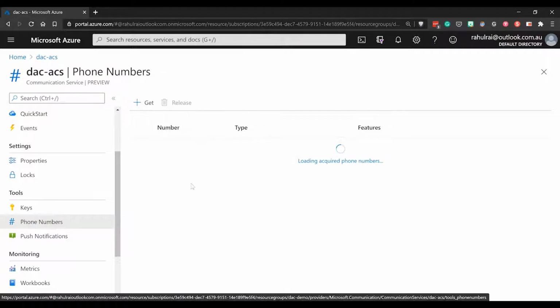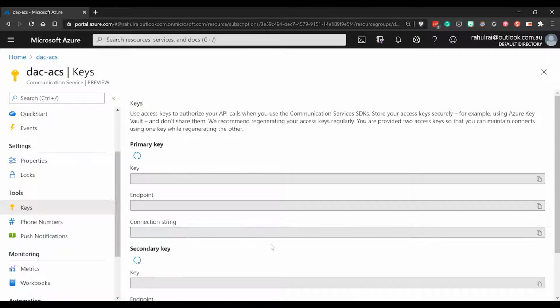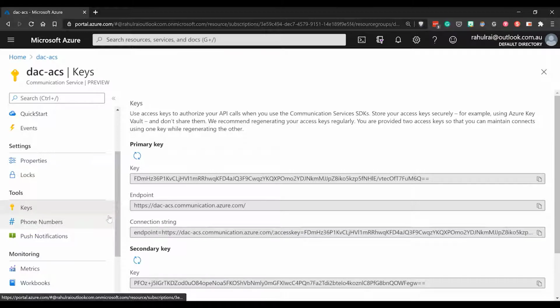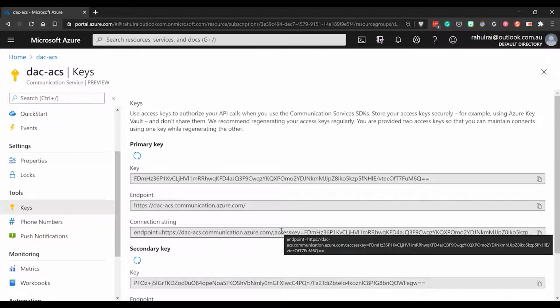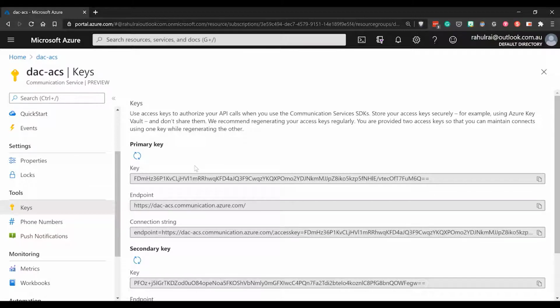But from the phone number section, you can acquire a toll-free number or a local number through which you can send SMS or make calls. The configuration settings that we saw in the function app, you can get the keys and the connection strings for the communication service from the keys section.